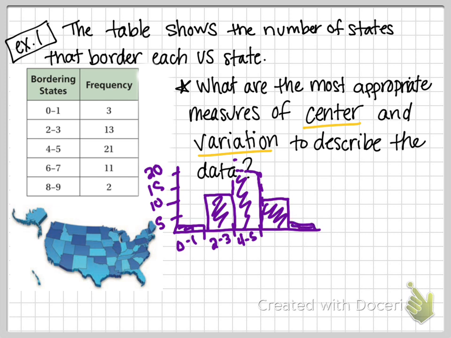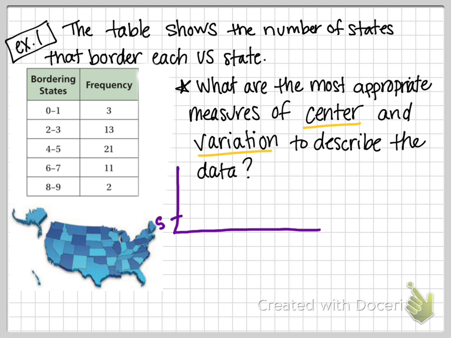Again, what's the distribution of this data, Sam? Symmetric. So when we can see that it's symmetrically distributed, which measure of center would we want to use to describe this data? Miles? Mean. Good. So the measure of center would be mean, and then which measure of variation would we want to use? Luke? MAD. These always go together. So once you know you are going to use mean, you also want to use MAD with that to describe variation. That's our measure of variation. Okay?